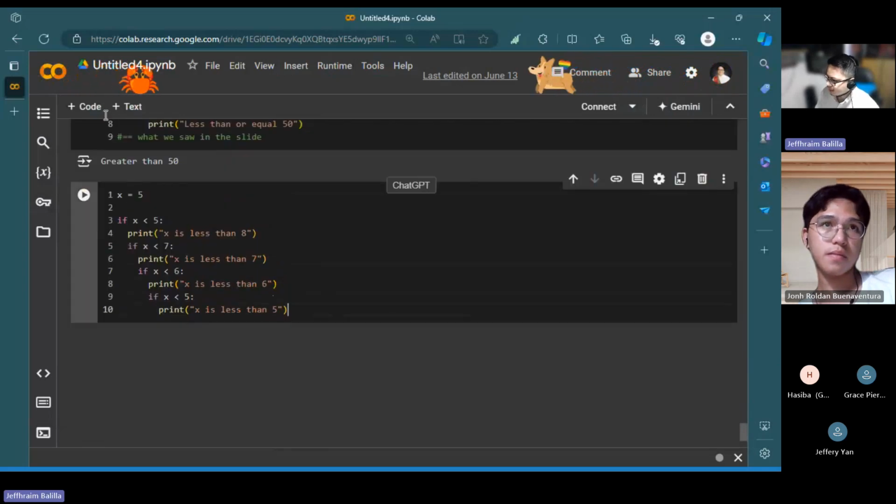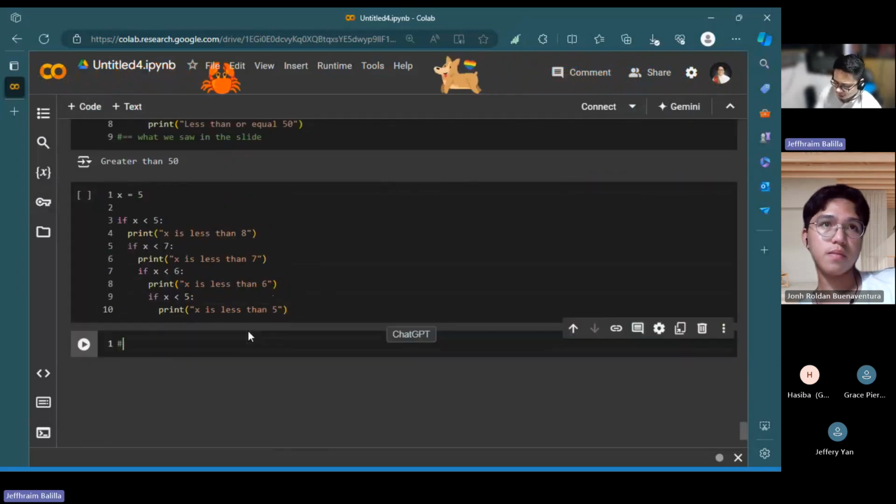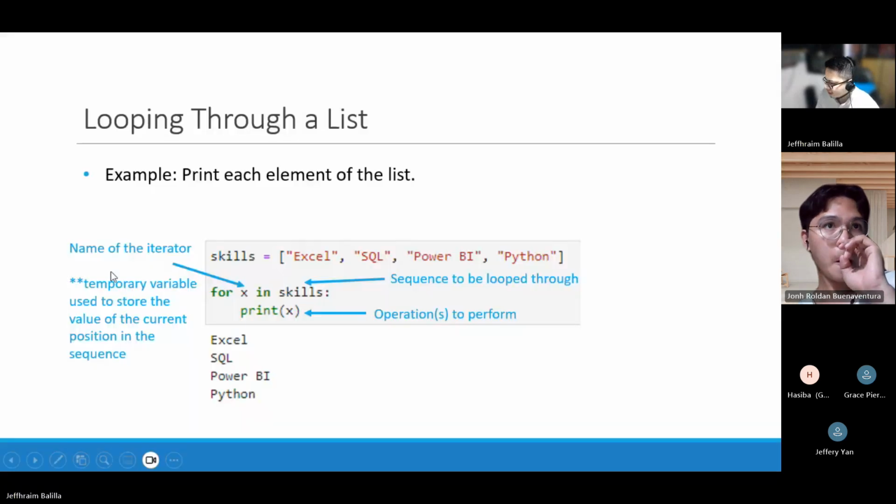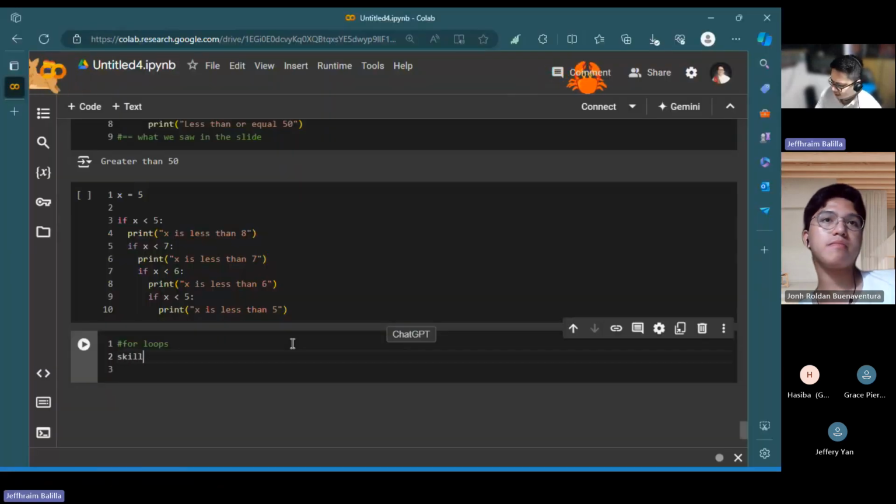Okay, awesome. So for loops. Earlier we have the skills. In fact, it's not correct to call it skills, but maybe just topics.